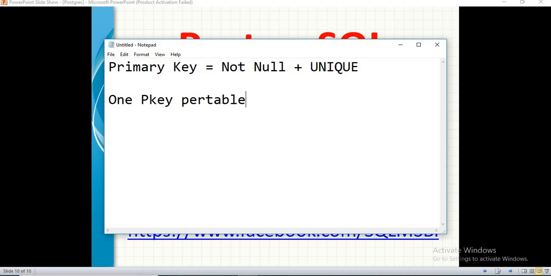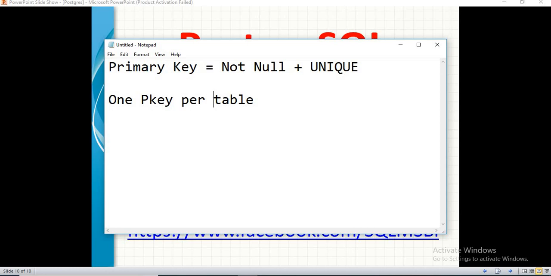On the whole, this primary key constraint is the one which helps you to identify the rows uniquely, and it does not allow nulls. If you see the difference between unique constraint and primary key constraint, unique allows at least one null in the table, but primary key doesn't allow a single null because the behavior is not null plus unique.